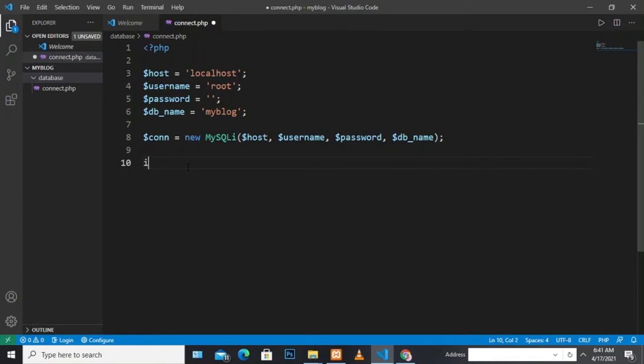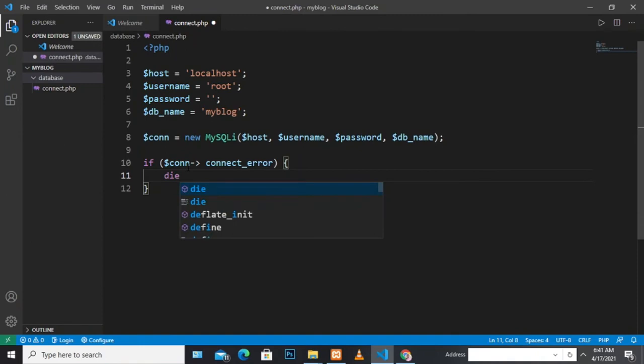So I'm going to have an if statement which is going to check if the database that I'm connecting to, this connect. I'm going to introduce that function connect error, which is going to check if the database that I'm connecting to has any error or not. So let's use the die function in our PHP. Now this one will have database